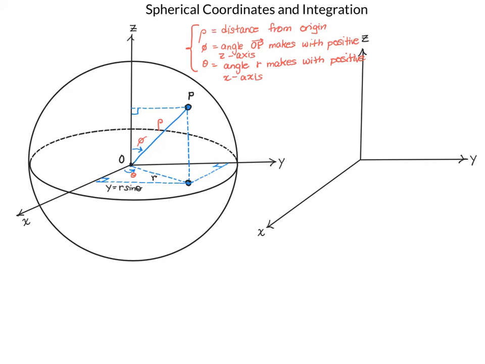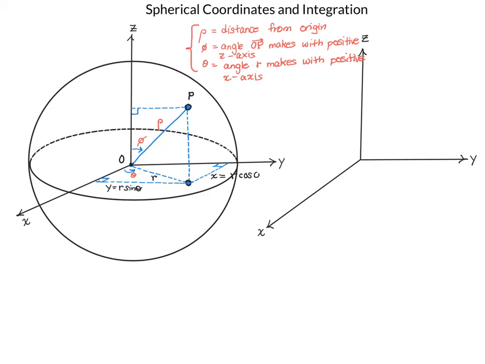And we know that this distance here is our x distance, or x coordinate, which is the adjacent side to theta. So this x length here is equal to